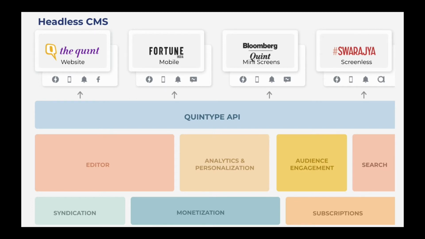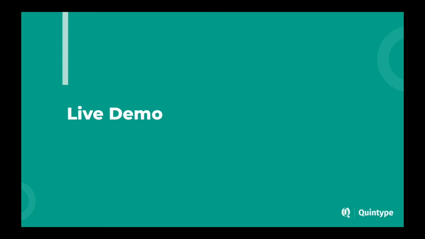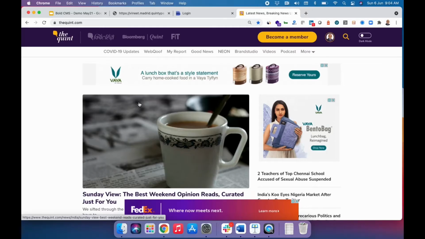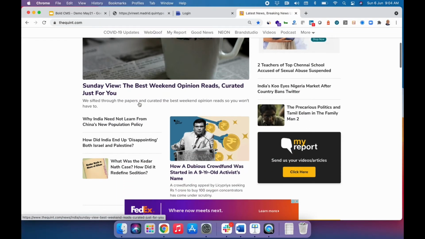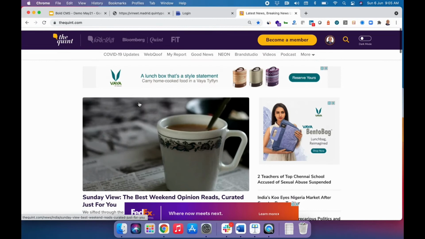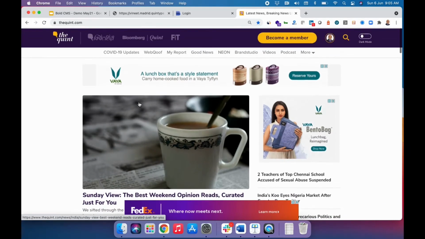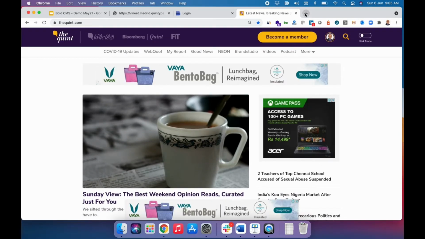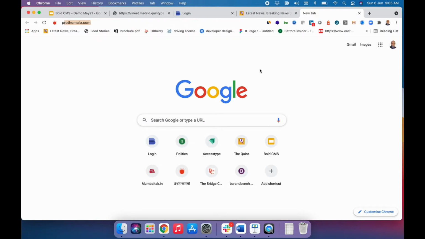So with that said, we'll start by looking at some examples of client websites that are running on the Quintype platform. The first example amongst these websites is the Quint, which is a general news website catering to millennials. As you can see, the design is rather big picture, elaborate, and focuses on citizen journalism and mobile journalism driving engagement from users. Other examples are Prabhat Khabar, which is a leading regional